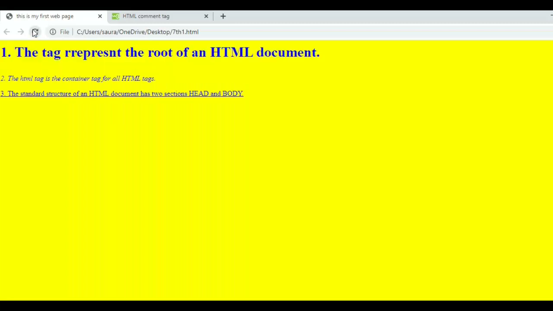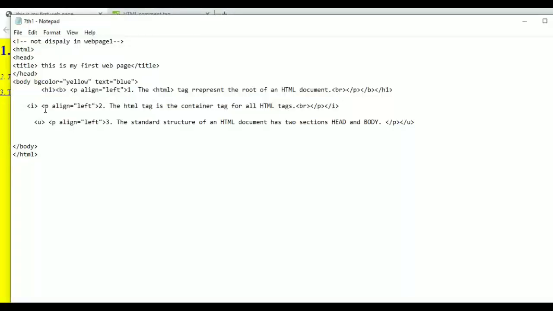So when we refresh our page, we can see the first line is larger than other. Since the heading is H1, change the heading as H2, and also this heading is H2.